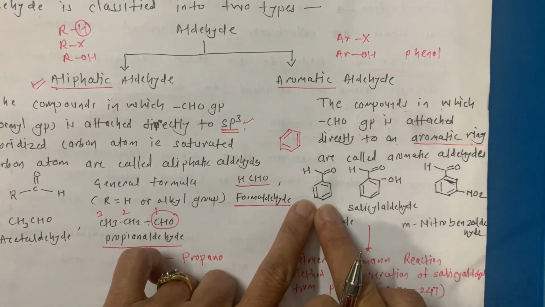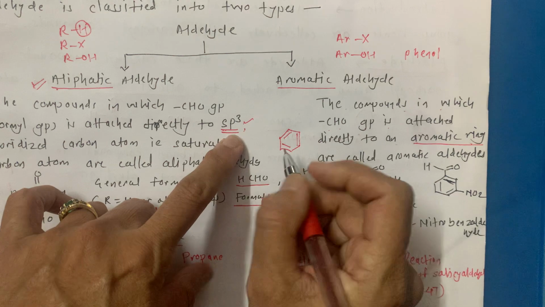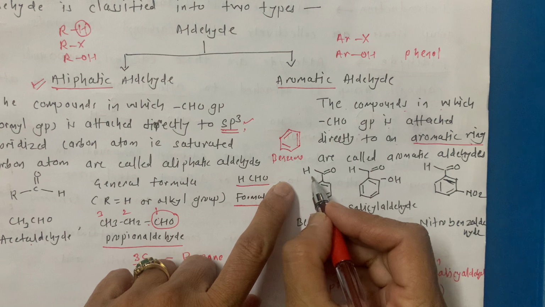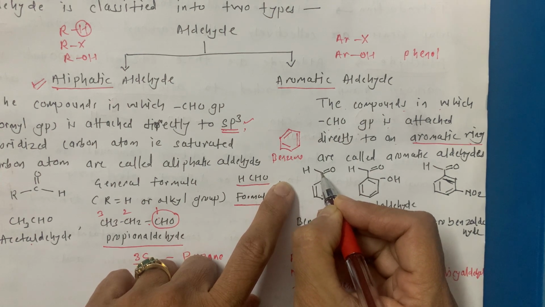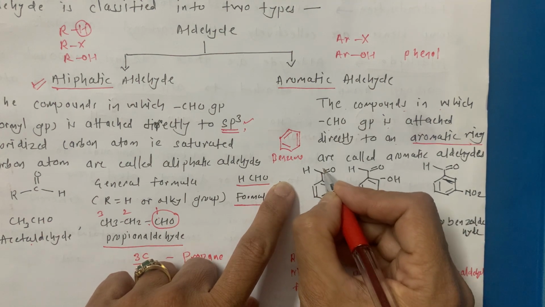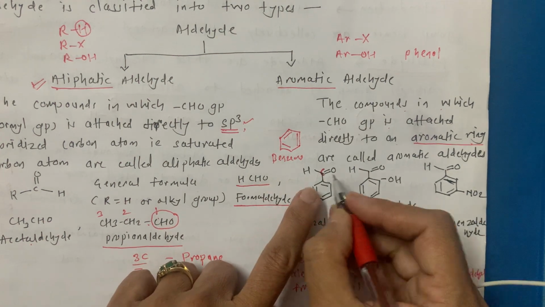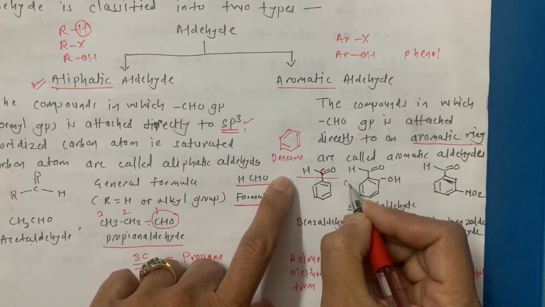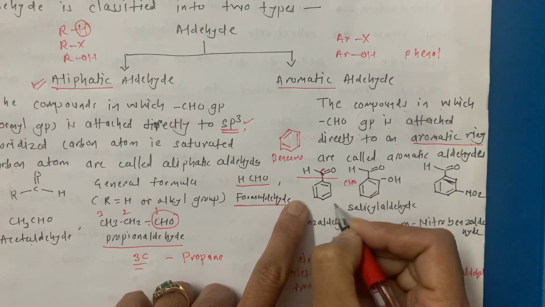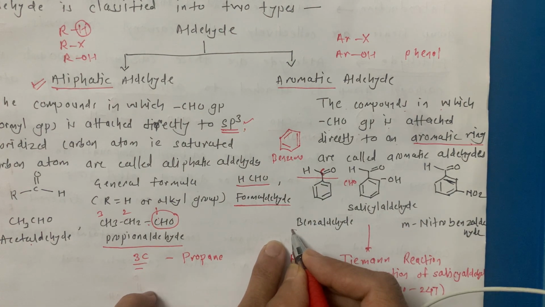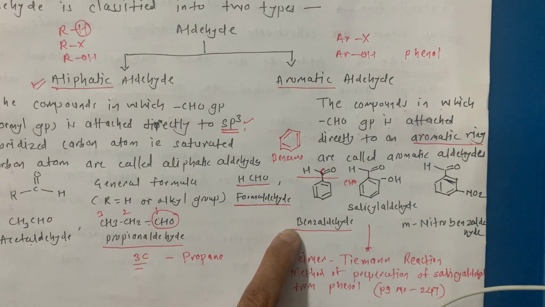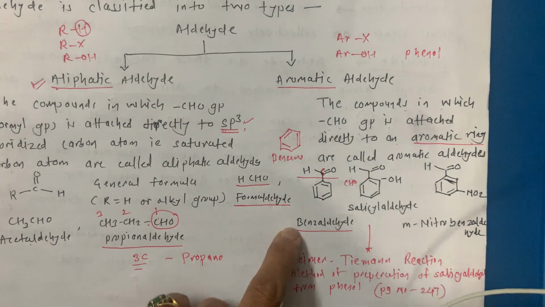See now, for example, this is benzene. When the CHO group is attached to this benzene, this is C, which I am not showing over here. You may write it here. So this is the C like this, double bond O, and H. So this is our CHO attached to the benzene ring. So the compound is benzaldehyde.